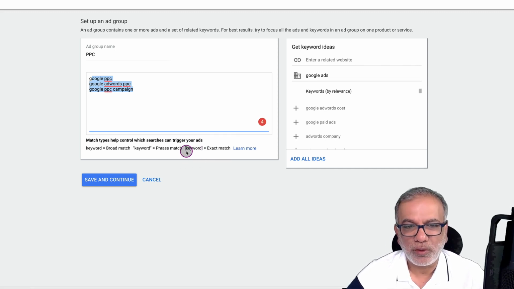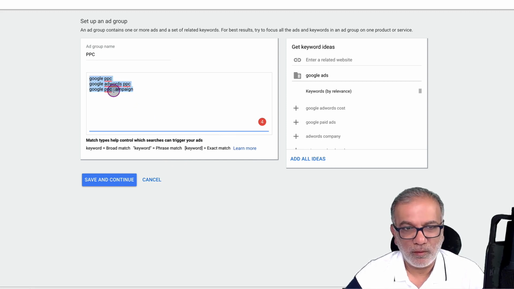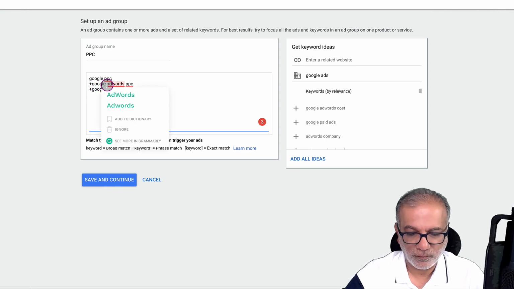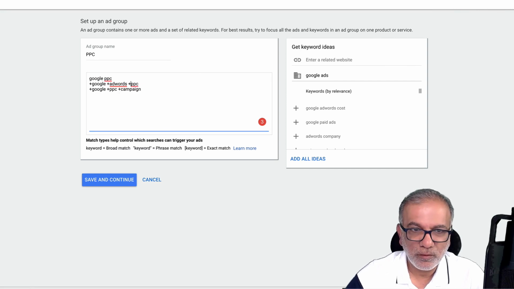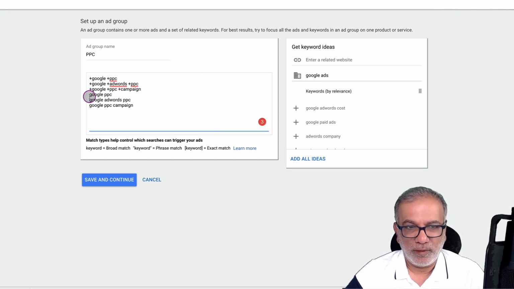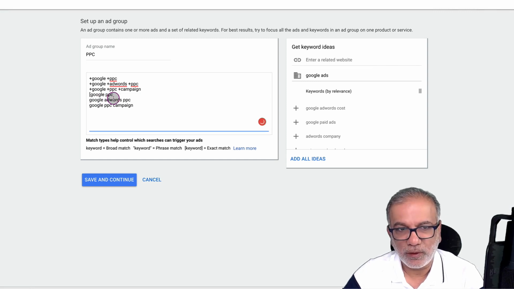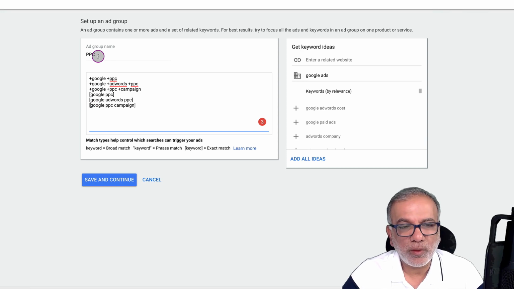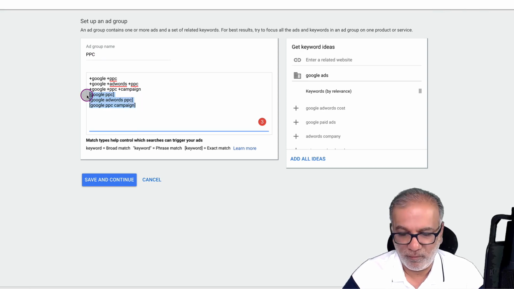I don't know why Google hasn't put it over here, but the broad modified is when you have a plus sign in front of each word. So if I were to put these keywords like that, and then I could have the exact ones in here as exact match. You put in the square bracket, or you can put in phrase match, however you want, or you can put in just the broad modified,